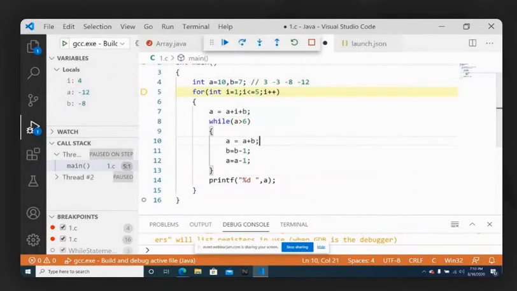Okay. Then again what you have to do is proceed inside. i will become 5 finally. The final value of i equals 5. Now what is your a plus i plus b? a is minus 12, b is minus 8, totally minus 20. Minus 20 plus 5 is minus 15. So a equals minus 15, which makes the condition false. So come out and print minus 15. That's it. So the output of this snippet is going to be 3, minus 3, minus 8, minus 12 and minus 15 is the right answer.